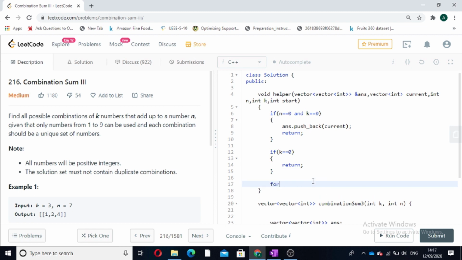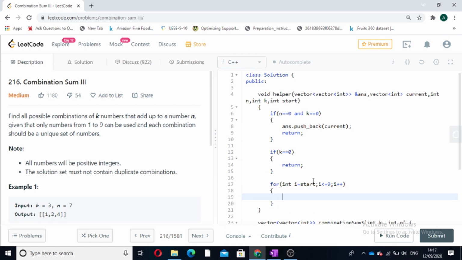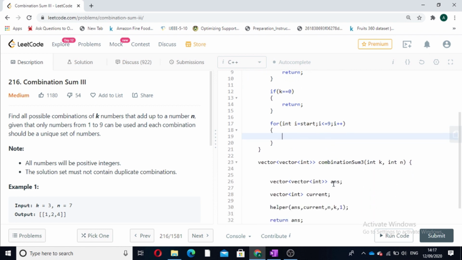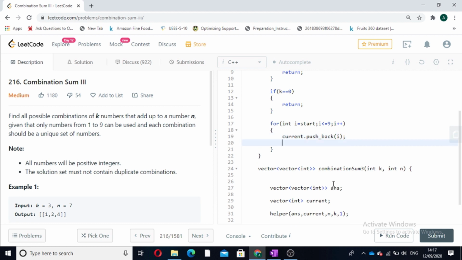Now we will write a loop for int i equal to start, i less than 9, i plus plus. First we will append our i into our current vector. We will consider this element also, push_back i. Now we will call our recursion function, this function only, helper.